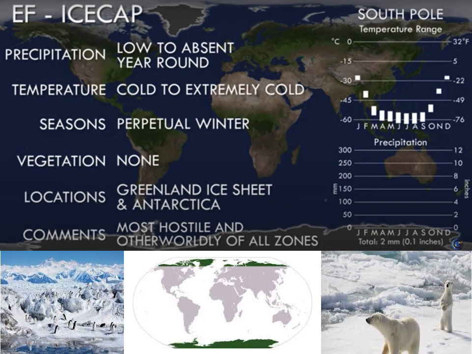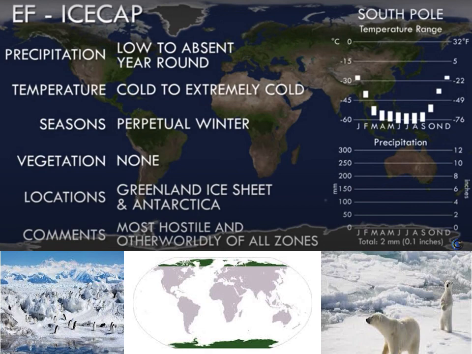Then coming over to the last of Köppen's classifications, that is EF or ice cap. Here it is below freezing point all around the year, produces ice sheets several kilometers thick and occurs in Greenland and Antarctica. So Greenland in the north, Antarctica in the south. In the bottom pictures, on the right side you can see the polar bear and other animals in Greenland, and on the leftmost side you can see the penguins. So these are the polar climates where it is ice round the year, and nothing can grow in these harshest conditions.